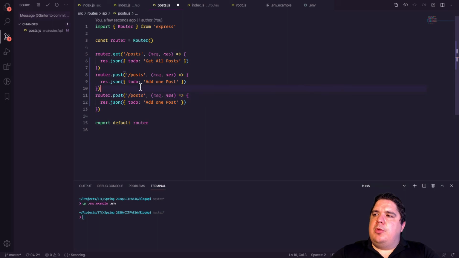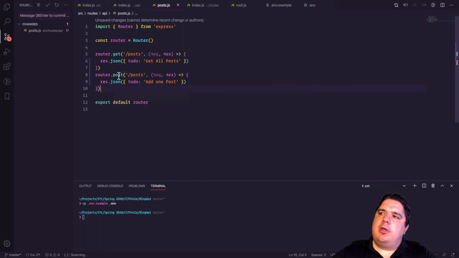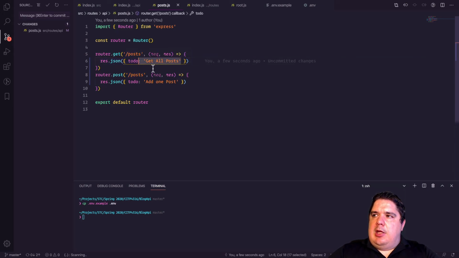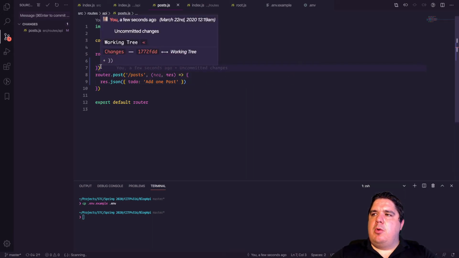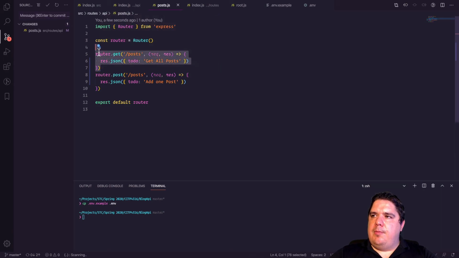and then we can define something dynamic too. And let me show you that. So here we're just doing the get to the post is going to my to do, because I need to implement it later. Pretty much getting everything, and my post is going to respond with the to do. Pretty much add one post, right? But we can actually use a get like this,